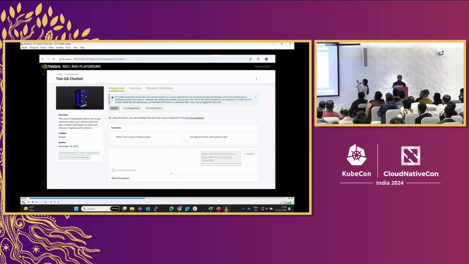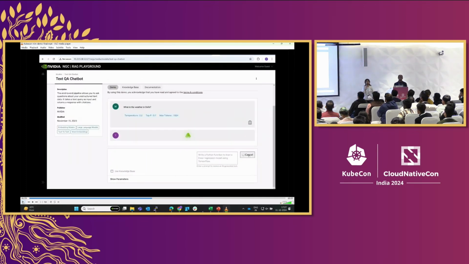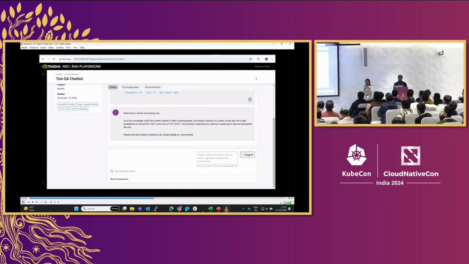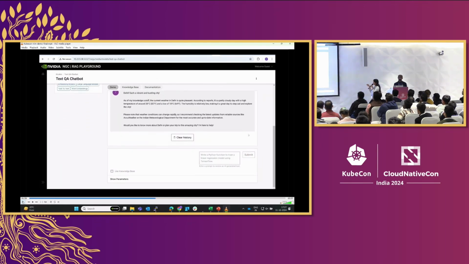So we can go to a browser. If you see, that's the node port address. And this is what comes up. So this is really quick, right? In a matter of minutes, you can actually deploy your own sample chatbot like this, which will not only give you the query, but it'll also use embedding and retrieval to make your query more contextual.